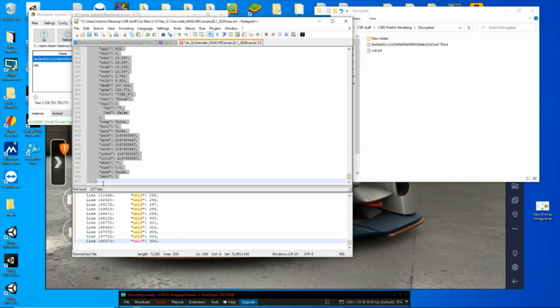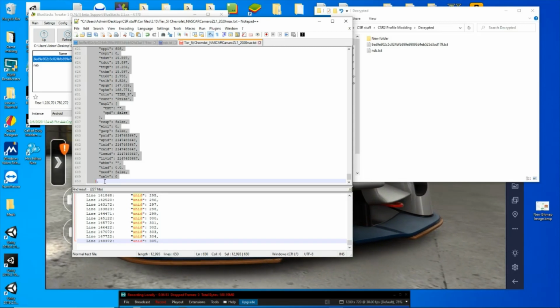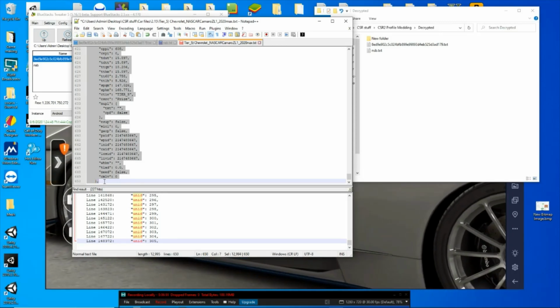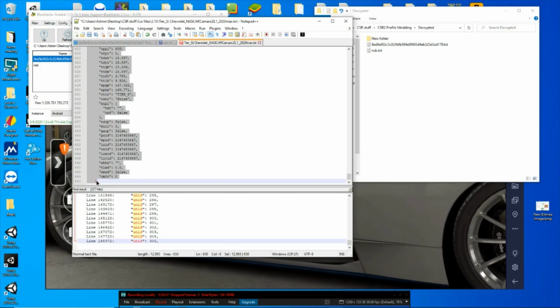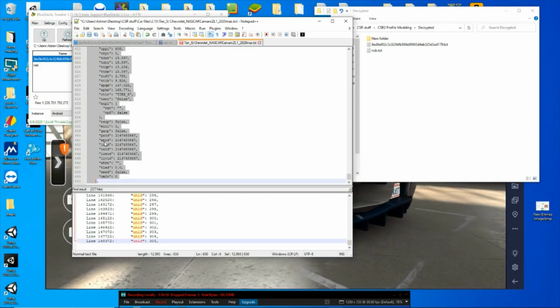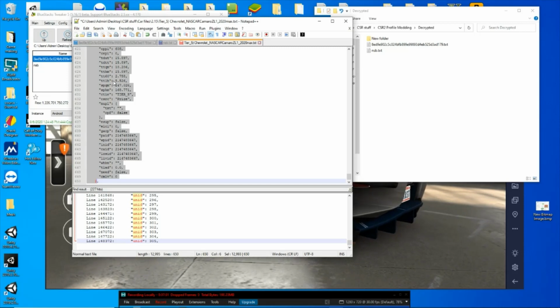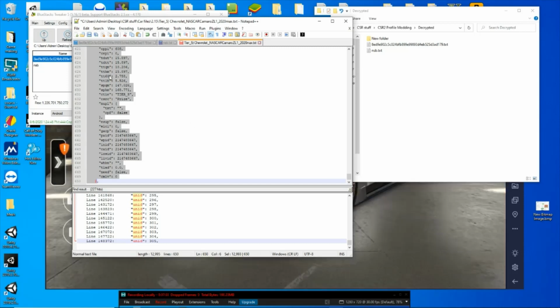Now because this is the last car I'm putting in, I don't need that comma, so this is perfect. If I was adding another car after it, I would just hold my shift button and get that cursor on the other side of the comma. But again, I don't need that. This is the last car that's going to be in my UNID. So what I'll do is I'll copy it,